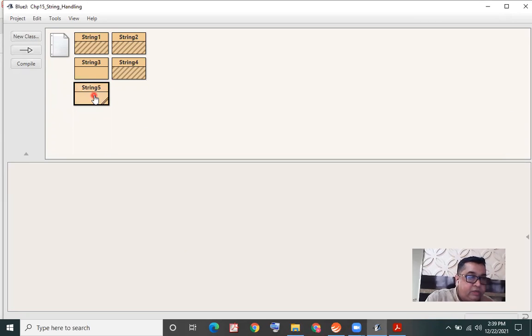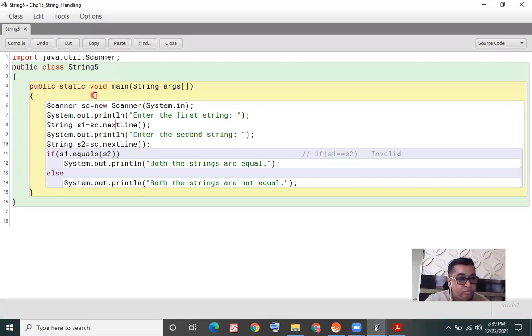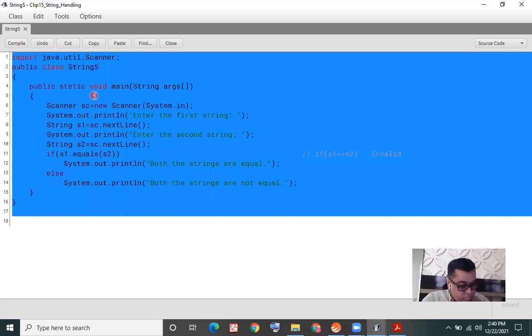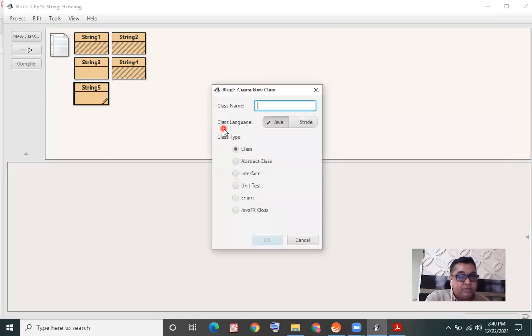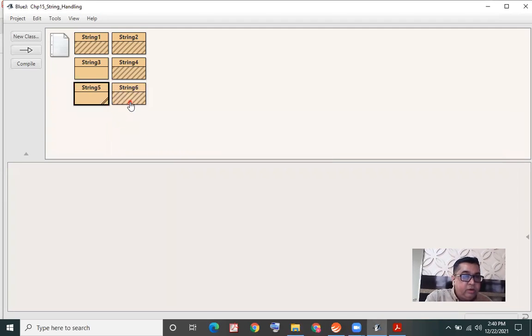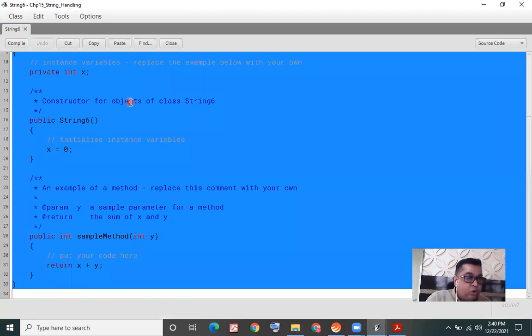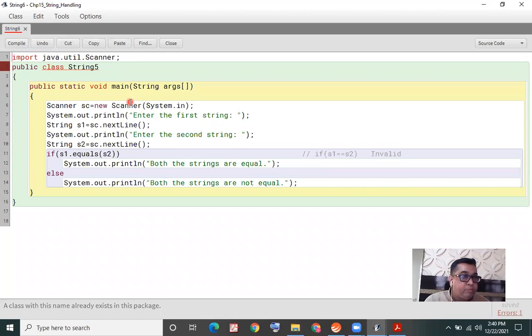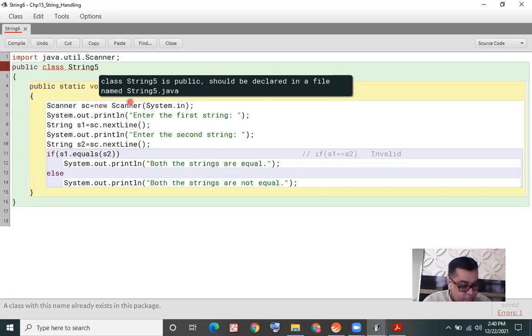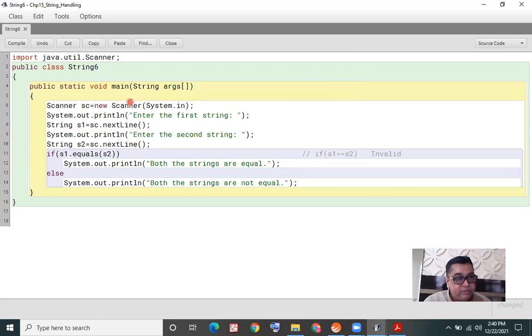Now I would like to copy this program. This time I'm doing this as a separate program and not continuing it with the same program. So I'm copying this program of mine into a new class, string 6. Double click on it, press Ctrl A and delete the existing code, and press Ctrl V to paste the earlier copy from program string 5, and make the change over here to string 6.